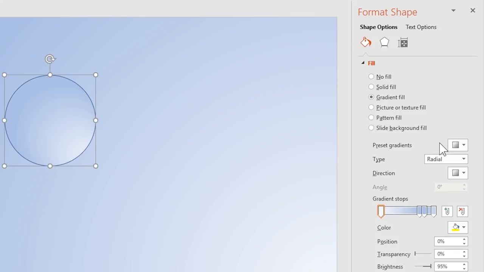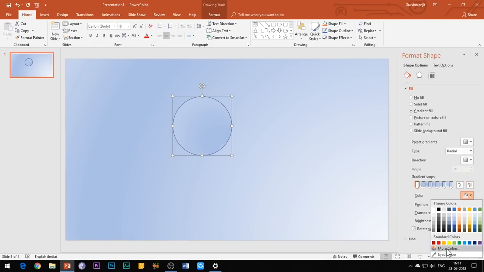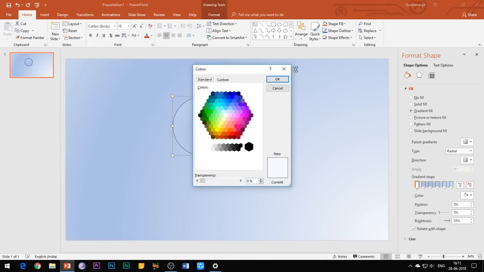Hit the Fill button and then Gradient Fill. Select the gradient type as radial. Then you need to play with the gradient stops in order to fill the color in the bubble. You need to insert approximately 5 to 6 gradient stops at equal distances and just click the mouse button to insert a gradient stop. The only colors which you are to use in these gradient stops are sky blue, pink